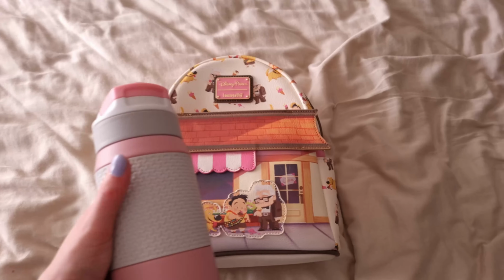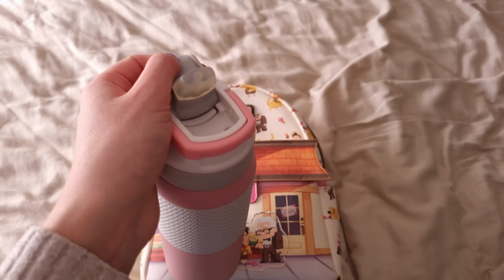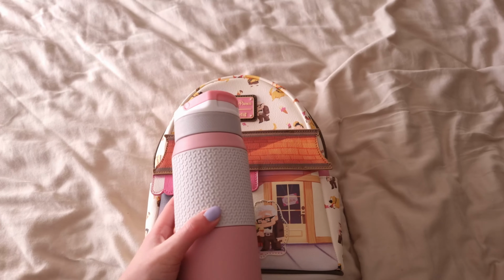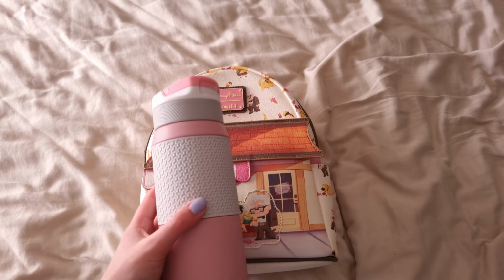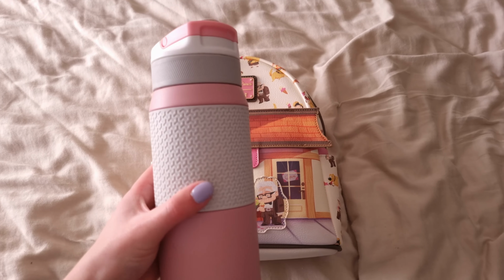Now my boyfriend got me this water bottle. It's a very cute color and it has this very easy drinking system. I will be bringing in some squeezed lemonade. I'll show you in a second, and I thought it would be a very cheap and easy way to stay